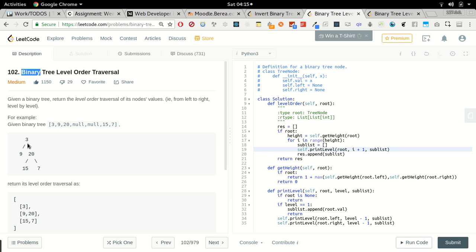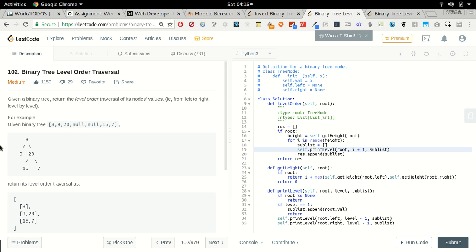Basically, in a binary tree, level order traversal is the same as breadth first, where you go from left to right first, instead of going depth first, where we go 3, 9, and go all the way down and then start printing it. Instead of doing that, we just print level by level, left to right. While with depth first, you're going to go 3, 9, and then you go 20, 15, all that. So, alright, so how would you